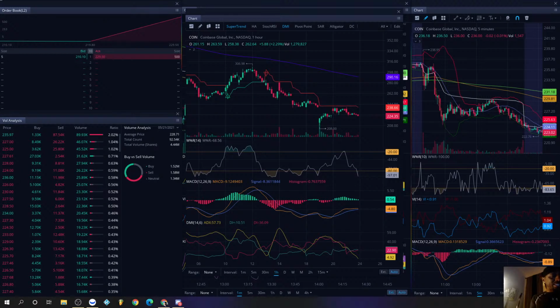I was actually trying to show before that a guy tried to troll me earlier today and said that my puts were going to burn. He was saying my puts are going to burn because of this right here, as it sunk and as it came up. Coinbase right here has been in a downward trajectory on the hourly. This is the hourly chart. It is moving below the 200 moving average.